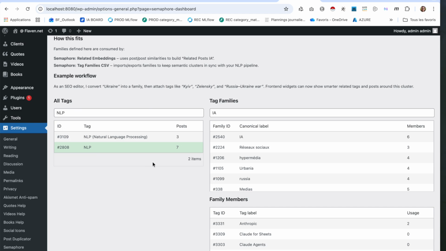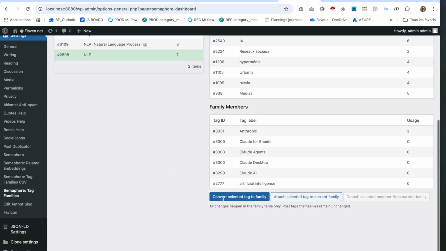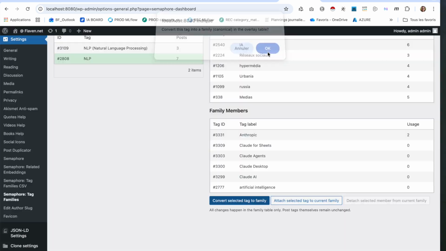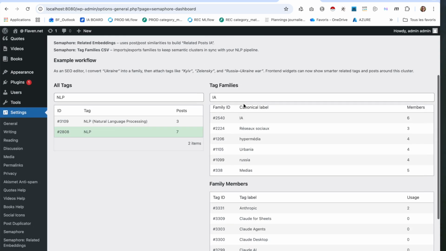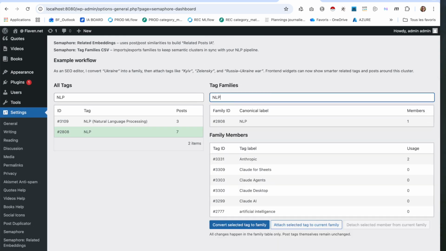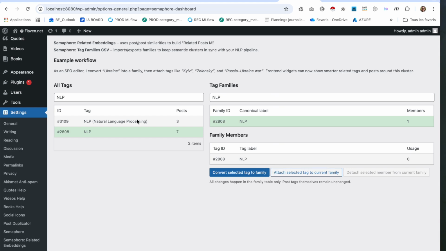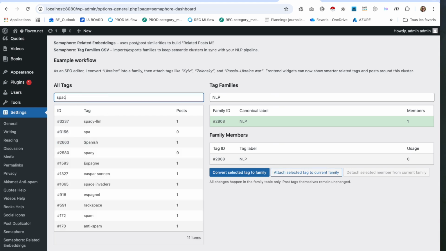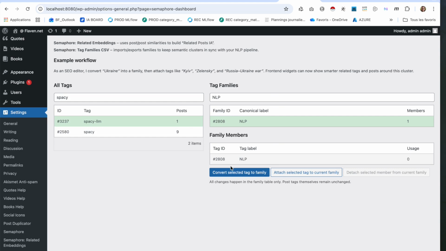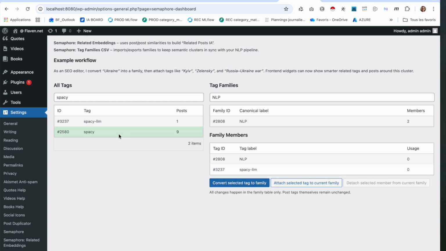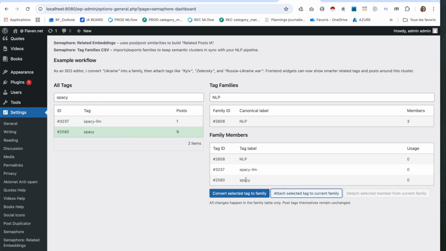I want to have NLP as a family, and then I convert it as a family. And then I say, okay, NLP, there's nothing attached to it, so I will ask for spaCy, for instance, and I will add it to the family. You see, I'm able to manage my family and the tags attached basically from WordPress, from the plugin,